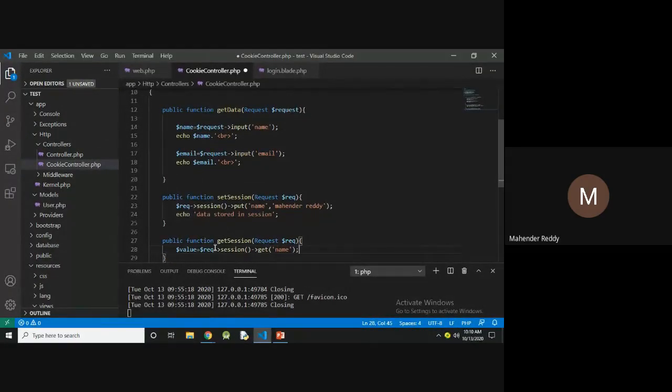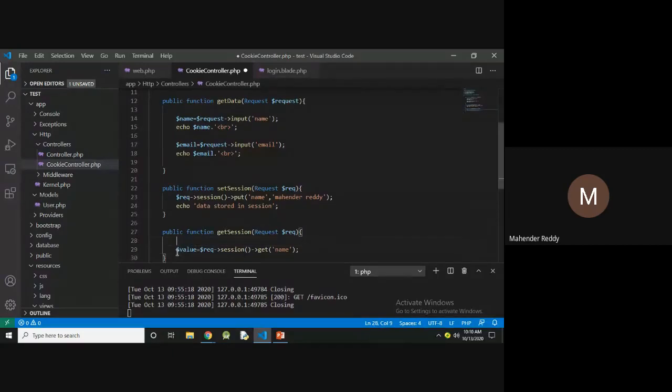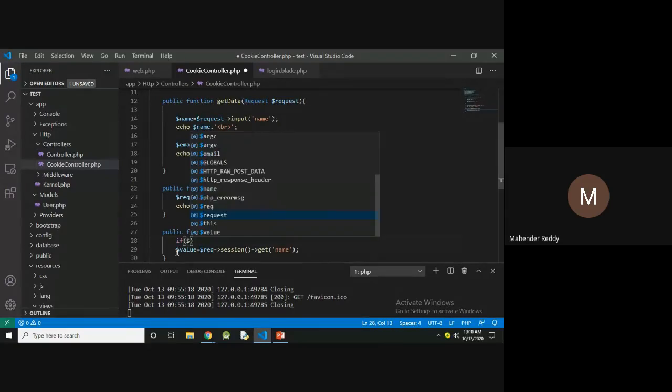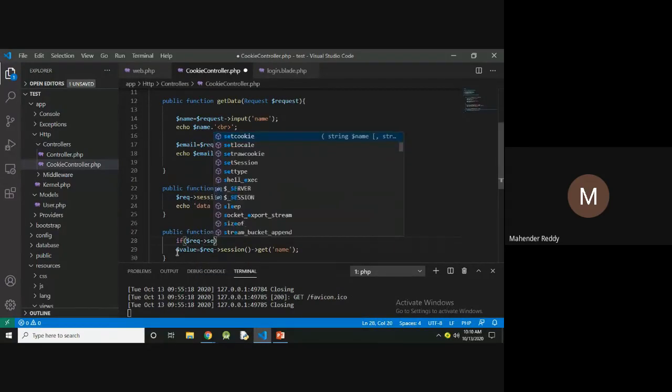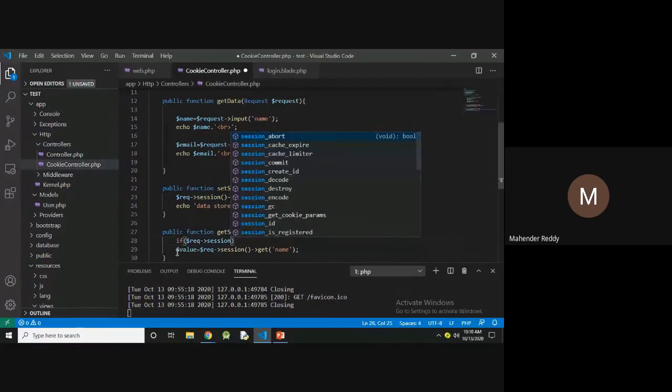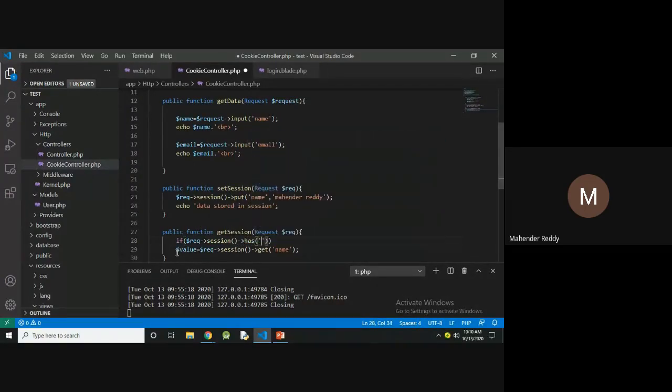Here I'm using the get method to get the particular session data. Before getting the data I'm going to use the has method, to check whether the session is available or not. $req->session()->has(name). If it is available, it returns the true value, otherwise it returns the null value.